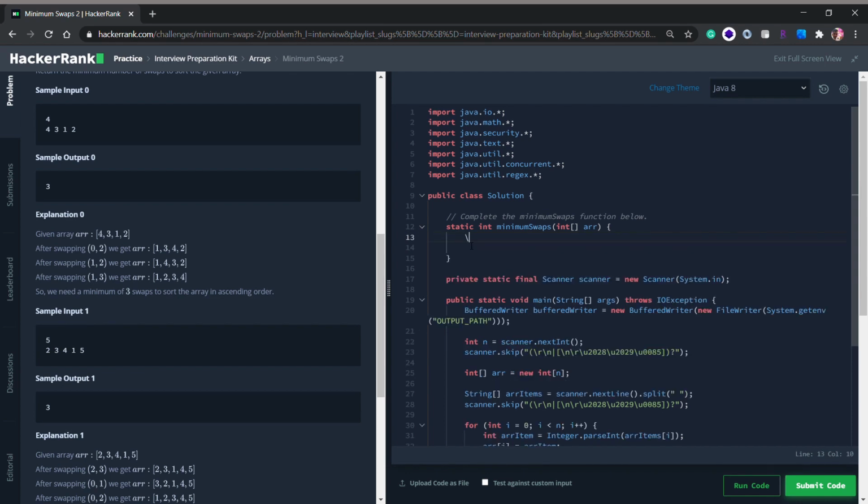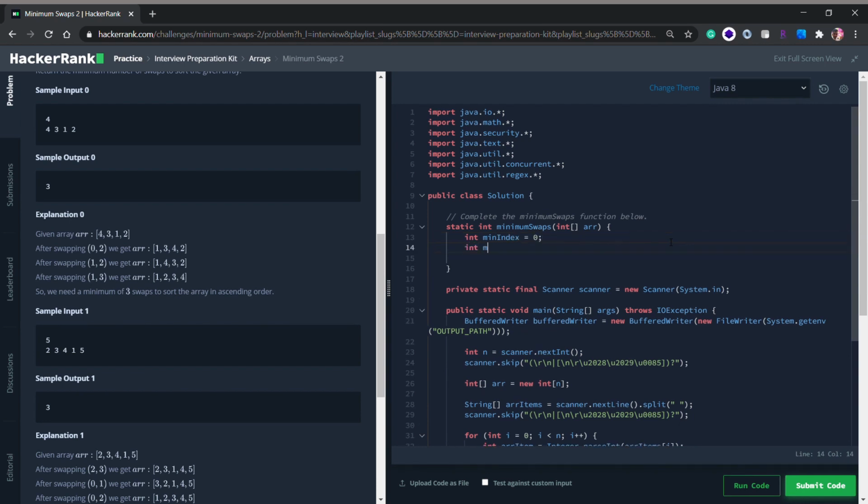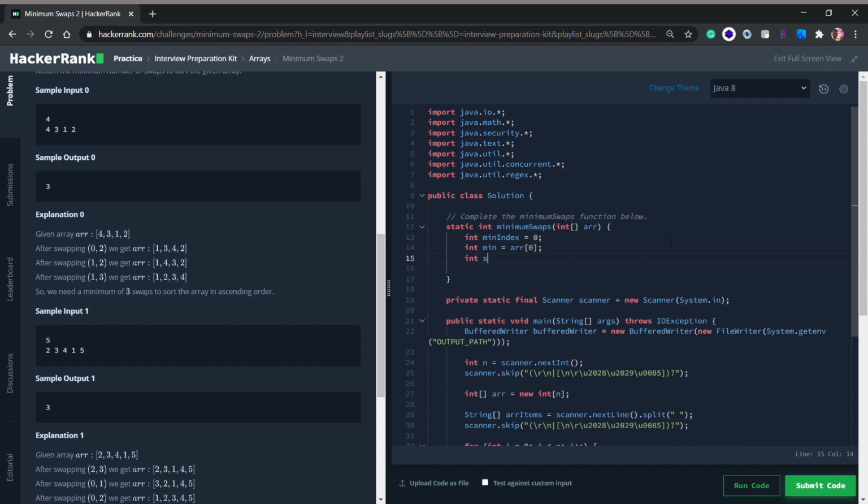So let's have a look at our implementation. It will become much easier to understand. First of all we need an integer minimum index, which would be 0 initially, and an integer minimum equal to array of 0. Now we will have an integer for counting the number of swaps.